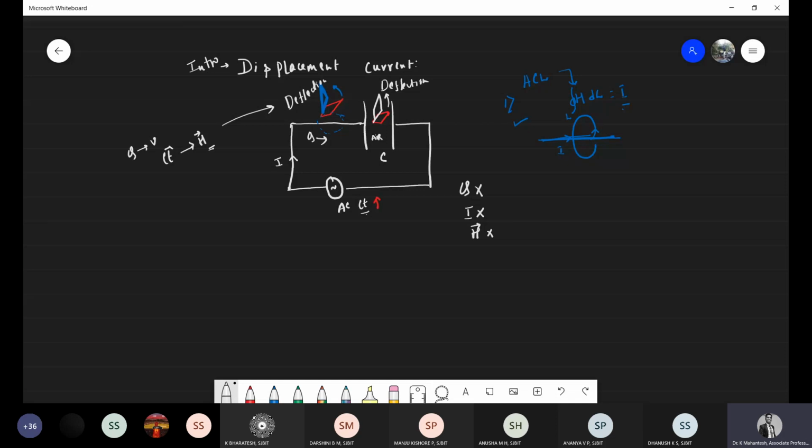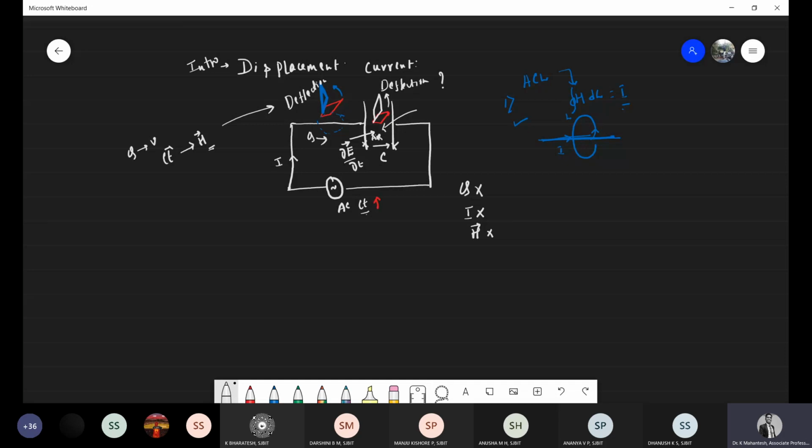And how was this deflection explained? It was explained using the displacement current, or the rate of change of electric field from this plate to this plate. So the electric field was displaced from one plate to the other plate. There was a rate of change of electric field. We call it displacement current. I repeat,